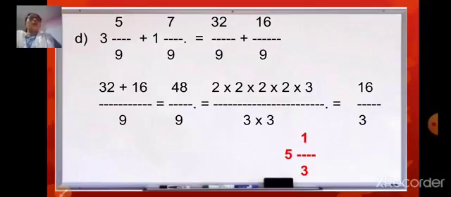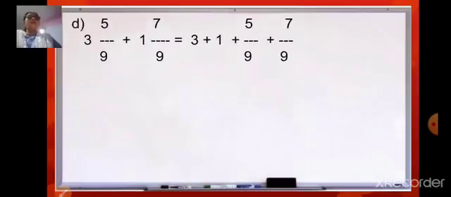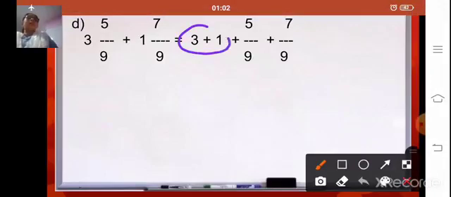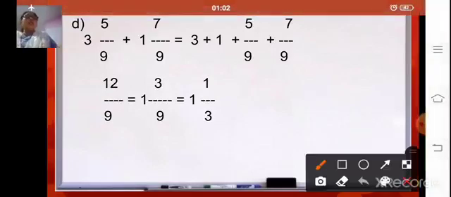Okay. Now same sum, we'll solve it in another method. Now here 3 whole 5 upon 9 plus 1 whole 7 upon 9. First you will add the whole numbers, that is 3 plus 1. And then we will take the fraction 5 upon 9 plus 7 upon 9. Now as the denominators are same here, we will add, that is 5 plus 7, that is 12 upon 9. So 12 upon 9, when you further divide it and write it as a mixed fraction, you will get this as 1 3 upon 9.